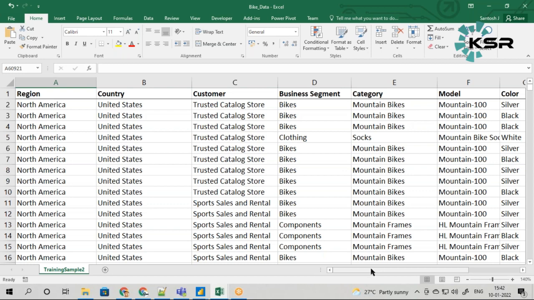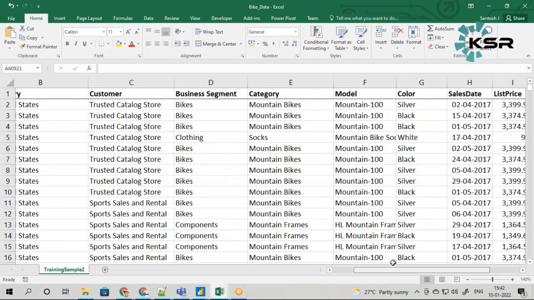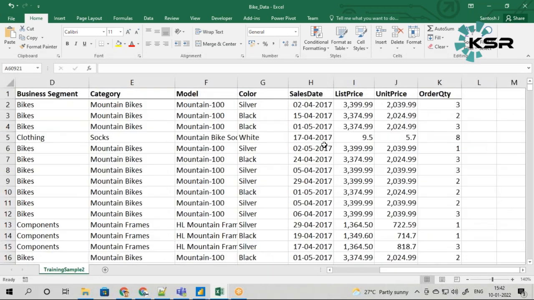Now we have the bike information, the color, the sales date, but in this data I don't see anything called sales, profit, cost or discount. Nothing I'm able to see. They have just given me a list price and a unit price as well as order quantity.